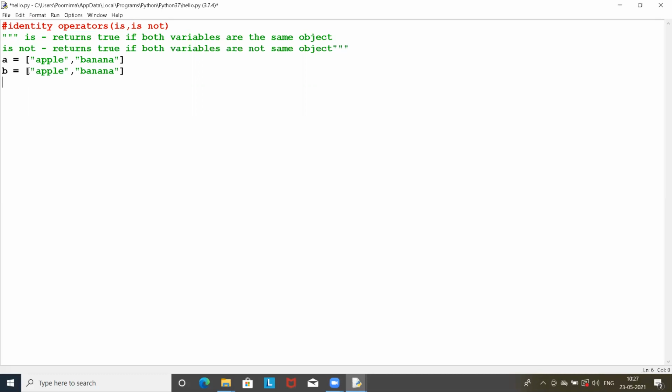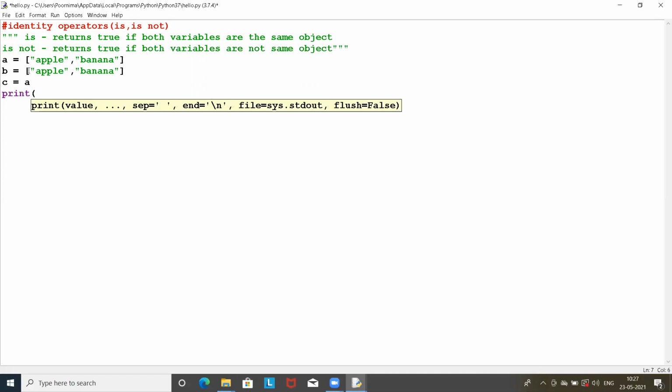If you want, you can take a different value also, but I'm taking the same value. And now if I assign C is equal to A, and below, if I want to print C is